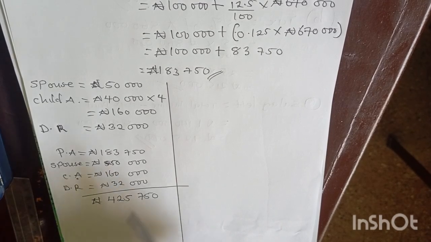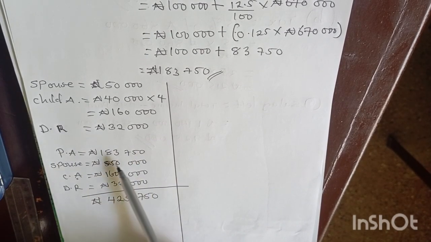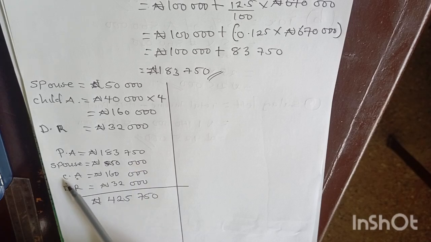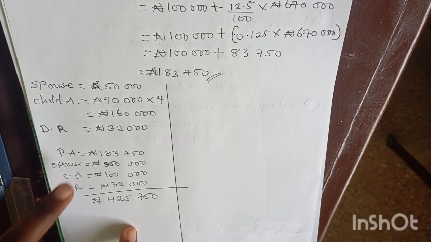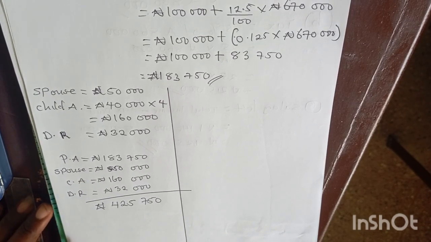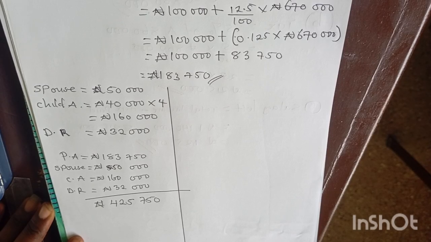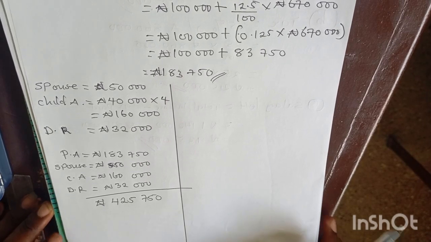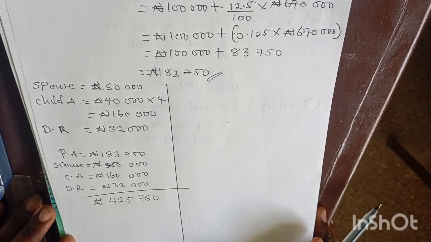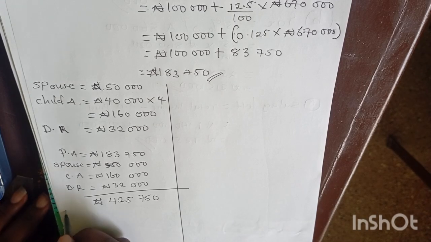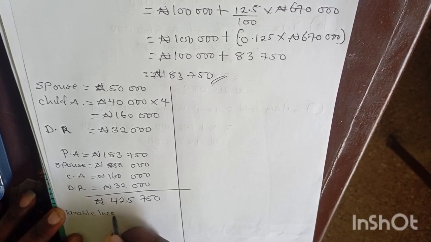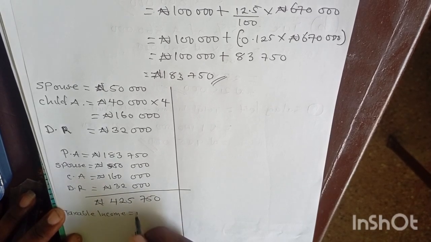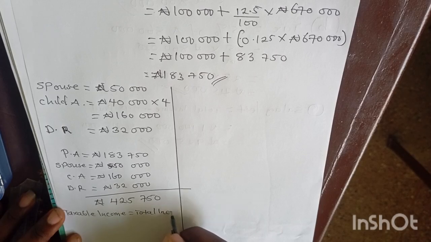Summing up everything that we have here, which is the personal allowance, spouse allowance, the child allowance, and then the dependent relative, we are having 425,750. So now our attention is to know how much tax. But then you look at our formula: taxable income is equal to total income